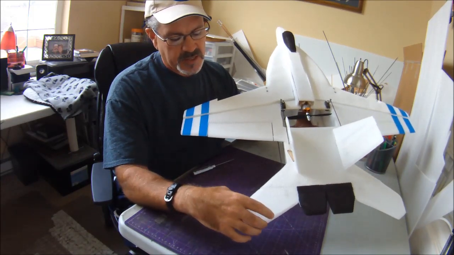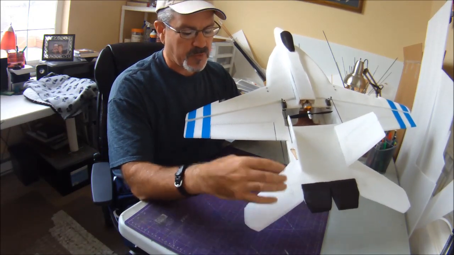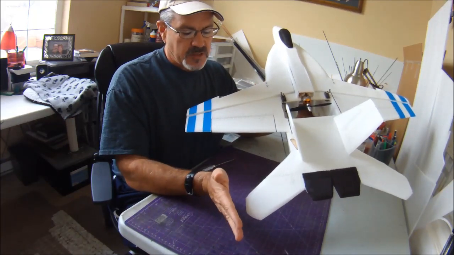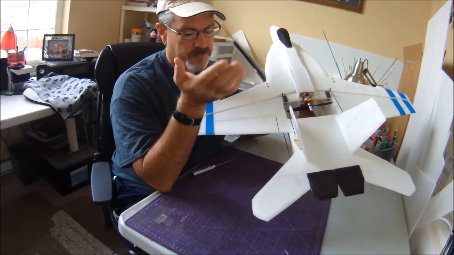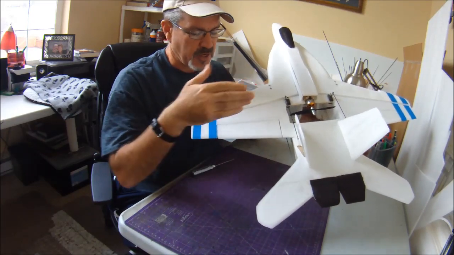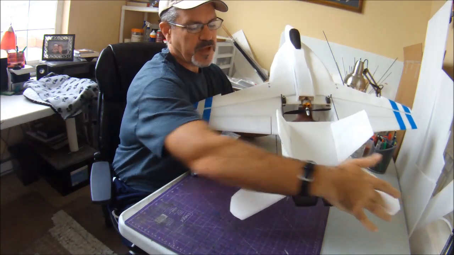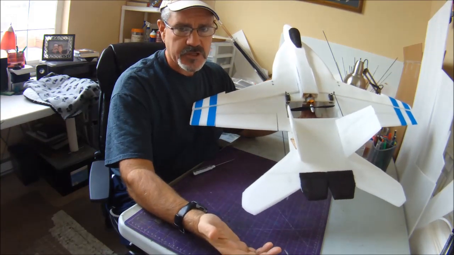Okay, so what I did in the back end here, let's start with my elevons. I wanted to downsize my elevons to be a bit more scale dimensions. On the stock F18, they're quite a bit bigger. So all I did there was, again, I just looked at some pictures and some diagrams. I sort of measured the wing and I measured the elevon span on pictures of the real F18,